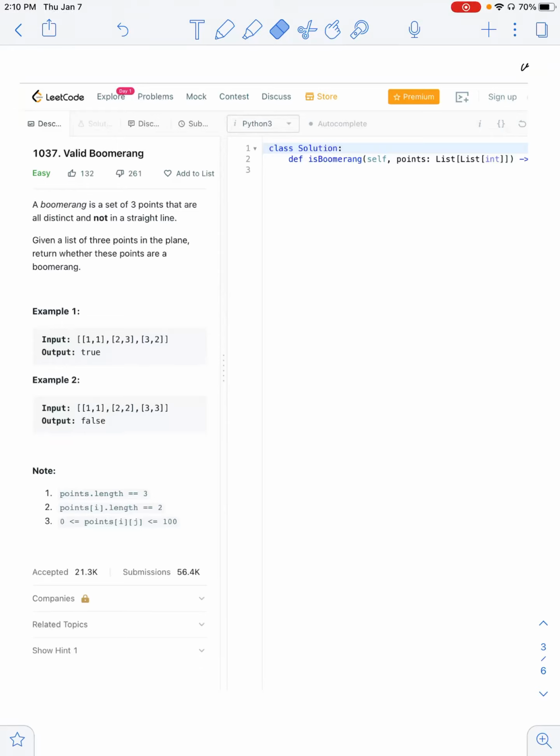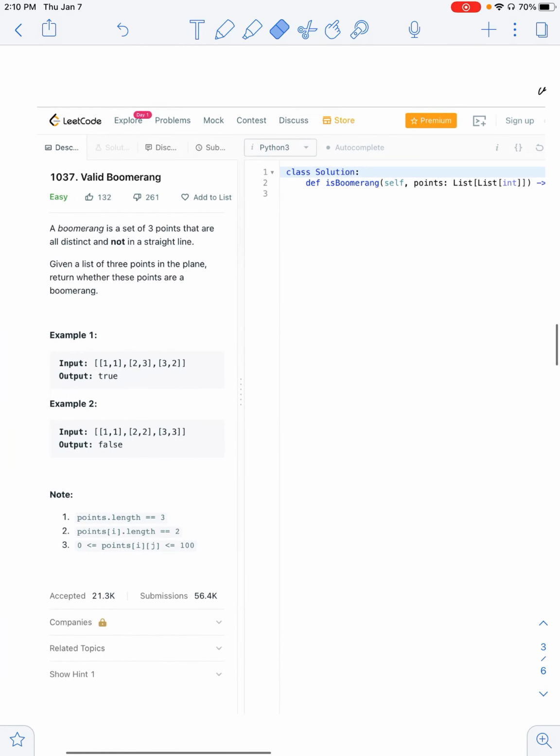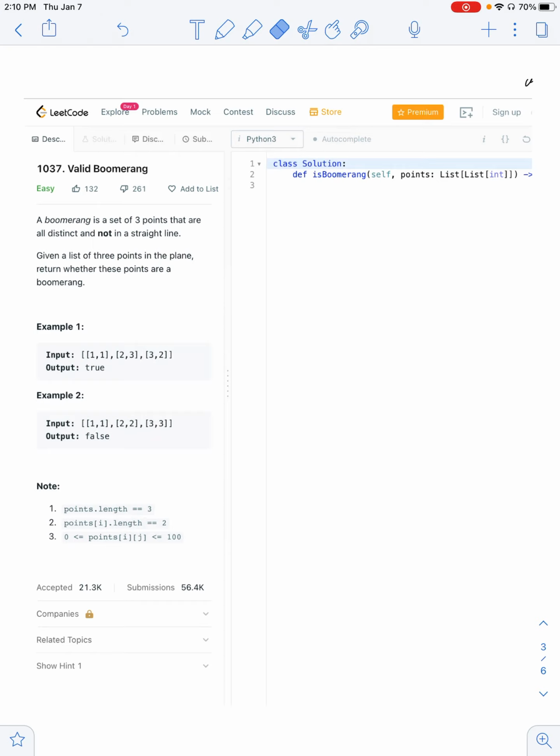Hello, everybody. All right, so today we are solving problem 1037, Valid Boomerang, an easy problem on LeetCode with a very interesting solution. This is one of those problems where it's less about your knowledge of programming and more of your knowledge of another subject. It's a perfect problem that describes how knowing some fundamental properties of mathematical concepts can be very helpful when facing certain programming problems, especially programming problems that are associated with